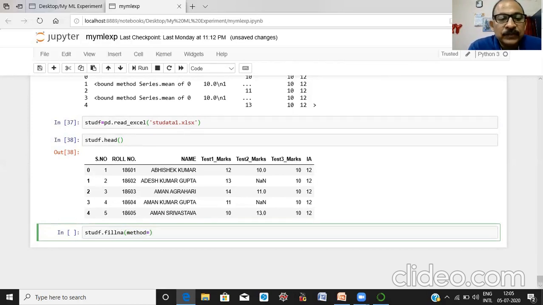Method. There are two methods available. One is the fill forward and next is the fill backward. Place equal to, comma. Here you have to specify the limit. Suppose limit is 1.